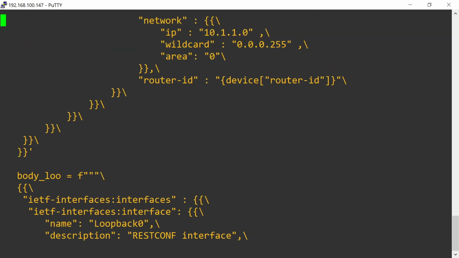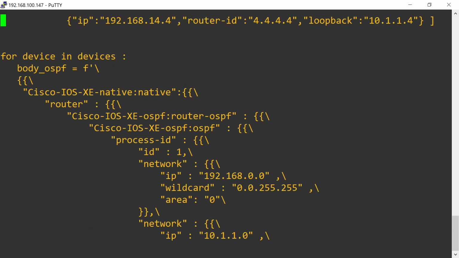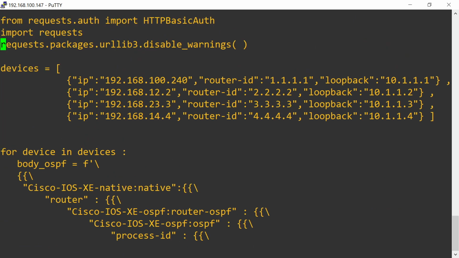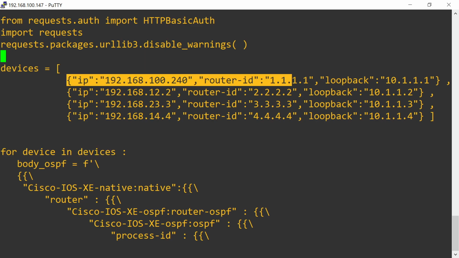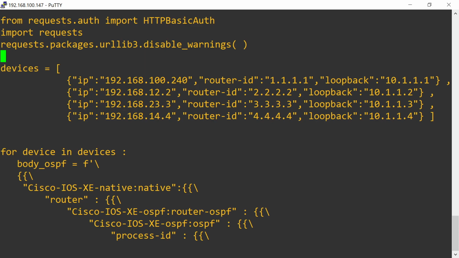Notice that we will be using a for loop. This for loop will go into each member of this list. So I'm going to go through this list and execute this code each time for each member of the list. So this loop will be executed 4 times, and